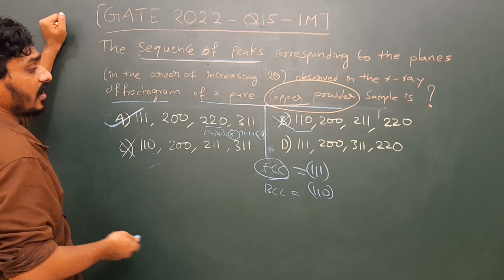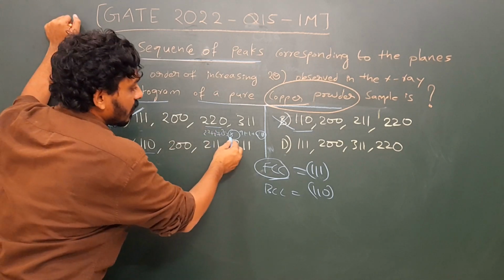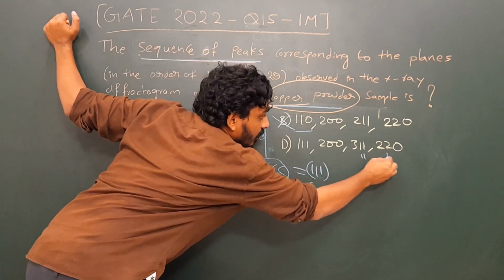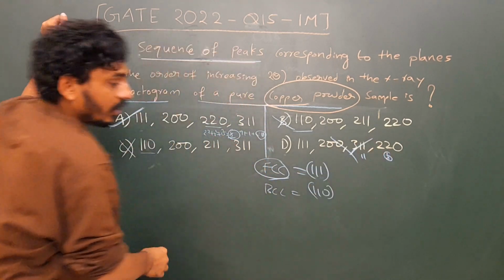Maybe just for cross checking, let us see option B also. I obviously see your 8 is coming after 11, right? So that means 11, 8. This is absolutely wrong. Okay. So your option